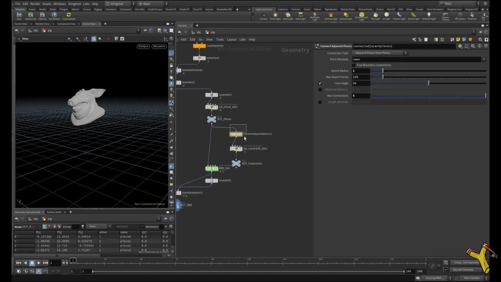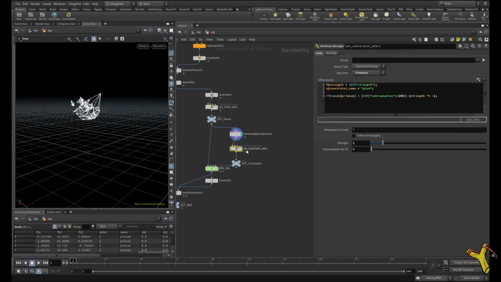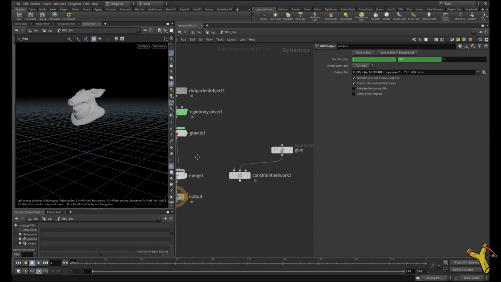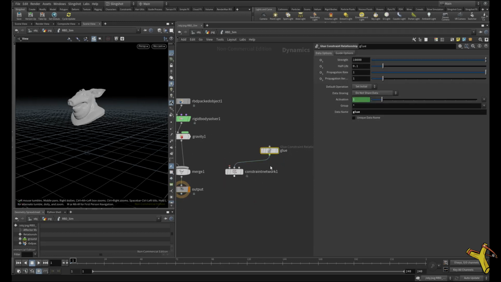What it's done is create a connect adjacent pieces node, which we can come in and start to work with here. We've then got our constraint name and strength set up, and we also have the option with the glue constraints of setting some amount to be unbreakable by percentage. So say I wanted, I don't know, 10% of them to be unbreakable, I might do 5. They're going to be set to -1. We can then see inside our RBD sim, it's created the constraint network and the glue constraint that we're going to need. We just connect this in here,